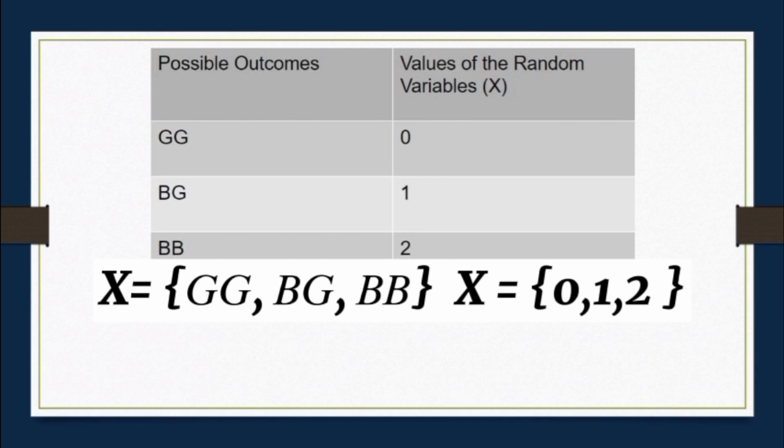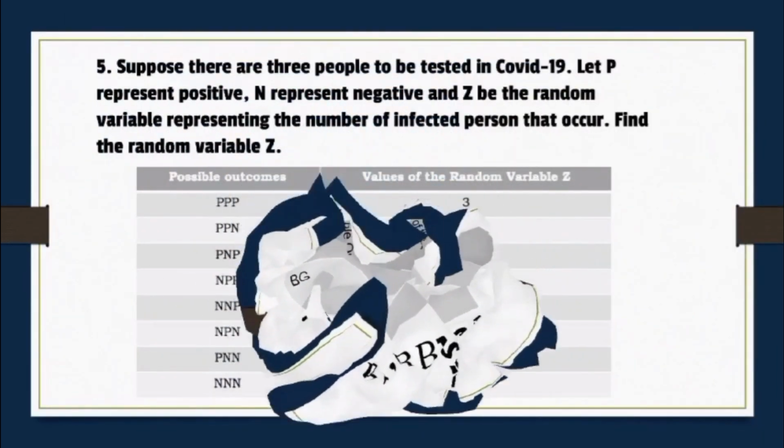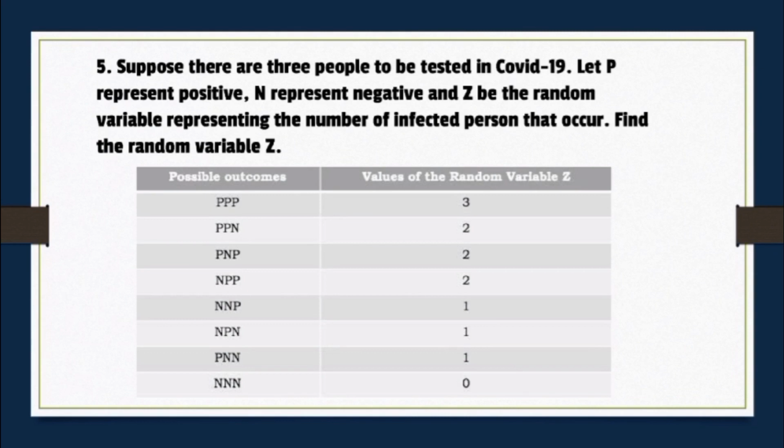Another way of presenting is through the use of a table. From the given table, the possible outcomes are girl-girl, girl-boy, boy-girl, boy-boy. The next step that we must do is to count the number of boys. Based on the table, the number of boys are 0, 1, and 2. Therefore, we can say that the possible values of X are 0, 1, and 2.